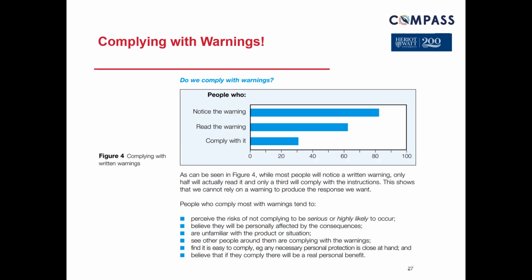is showing that when a fire alarm goes off, how a person will look around and see what the other people are doing. So they've noticed the warning, but they will only actually take action if other people take action as well. So if nobody else moves out of the room, they won't do anything. And this was proved as part of the research, that people stayed inside because they didn't want to look as the weak link compared to the other people in the room, and they didn't perceive the risk as being an